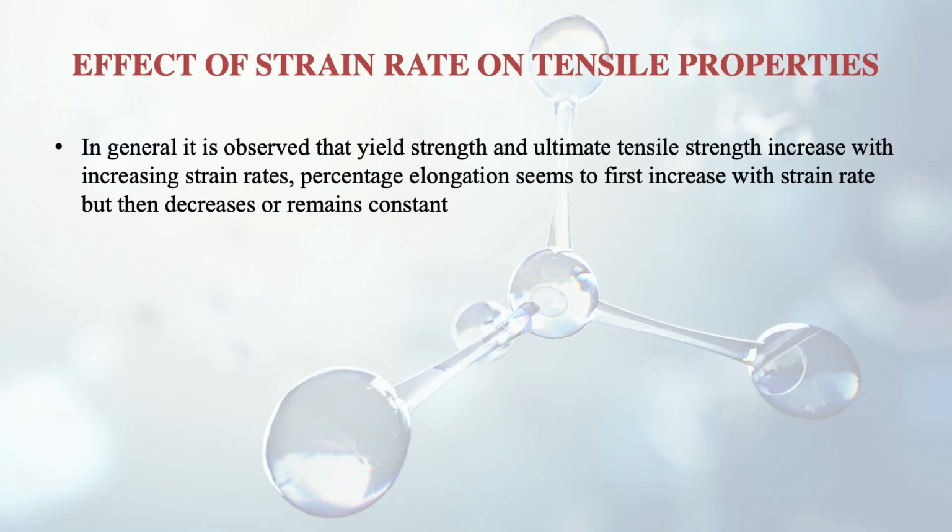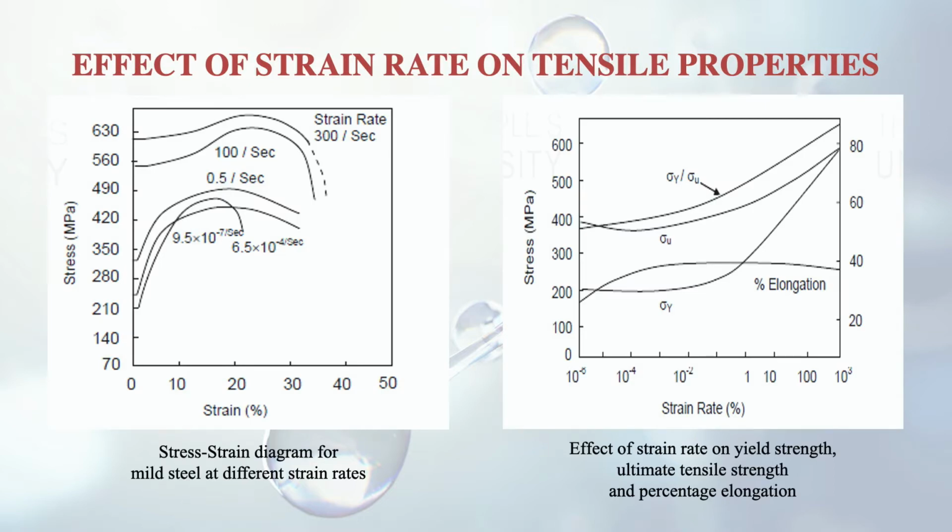So what happens due to this actually if strain rate varies? You can see here in the curve that in general it is observed that yield strength and the ultimate tensile strength increase with increasing strain rates. So here in the curve you can also see that this strain is increasing very rapidly with respect to the stress. This is about 100 per second strain rate, and the lower ones you can see they are with lower strain rates. So these are the normal graphs where the strain and stress in the initial portion are varying linearly. So that is the difference that comes up when strain rate varies.